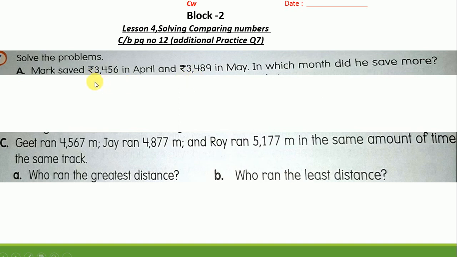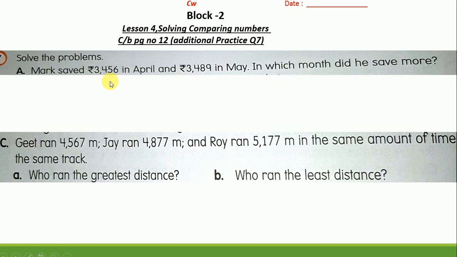So here in the April month, there is 3 in the thousands place, and in the May month amount also there is 3 in the thousands place, isn't it? So the thousands are same. Next, which place value do we have to compare? Yes, compare the hundreds. The hundreds are 4 in the first number, and the second number also has 4. So the hundreds are the same. So what shall we do next?